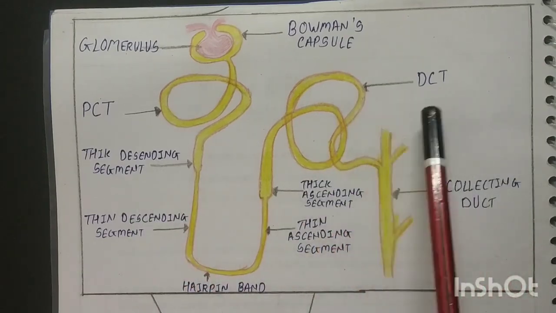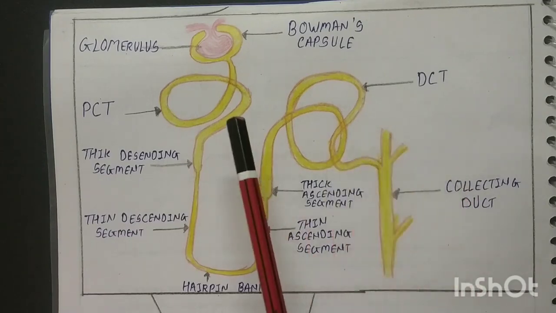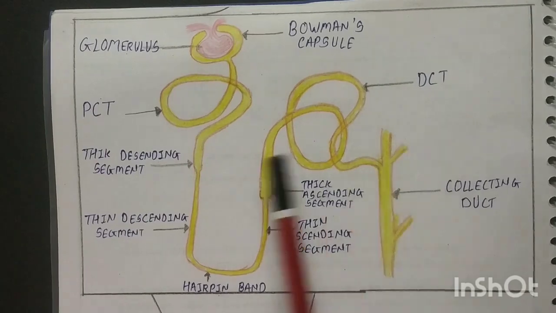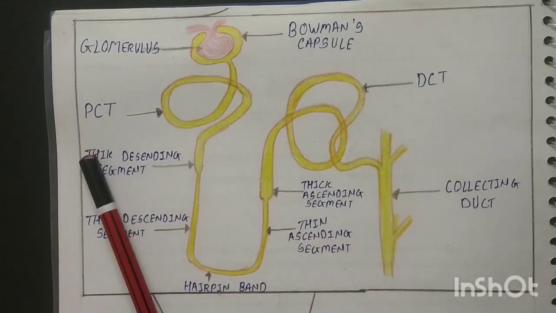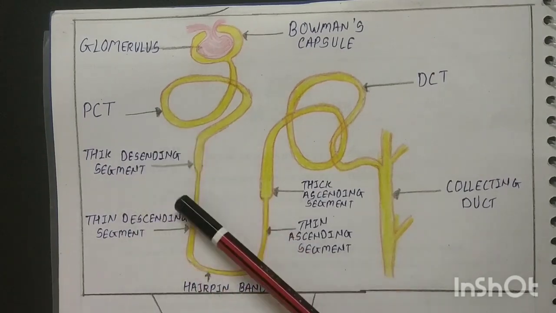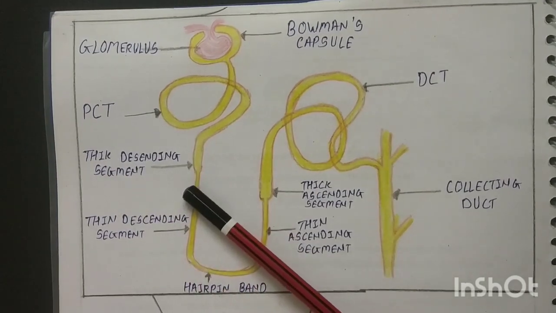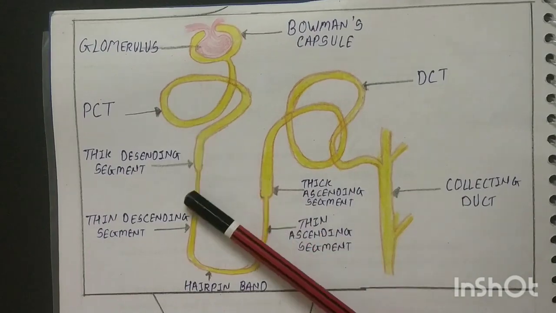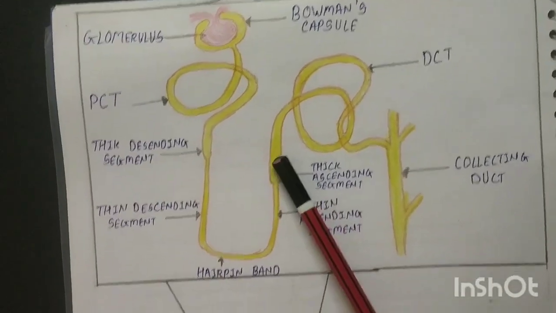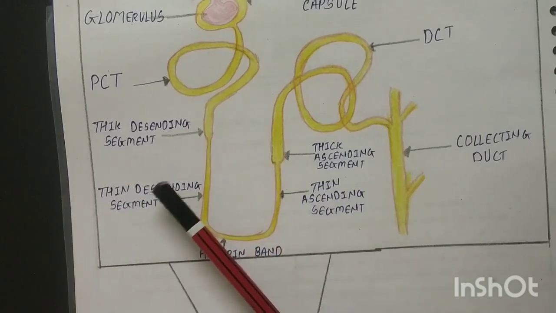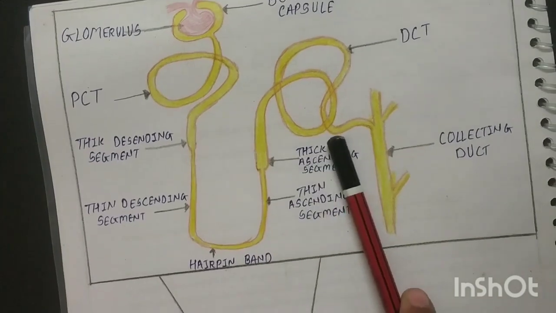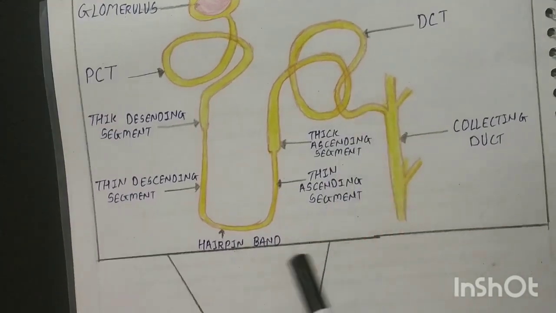So here the distal convoluted tubule is away from the Bowman's capsule, that's why it is known as the distal convoluted tubule, and the proximal convoluted tubule is just beneath the Bowman's capsule and very close to it as compared to the distal convoluted tubule. So this is the PCT, and then